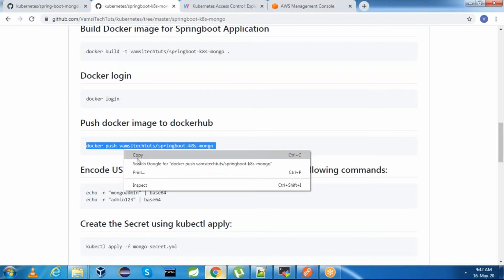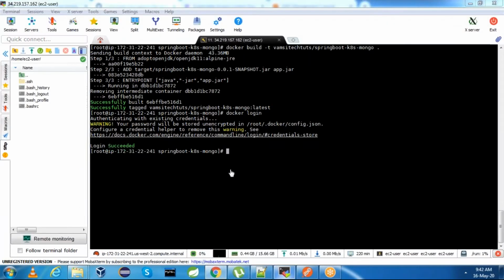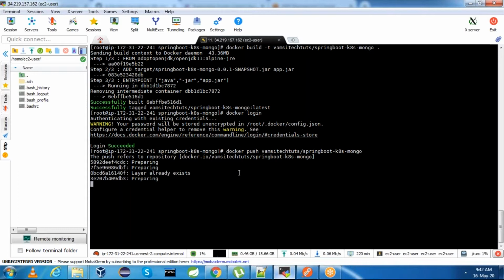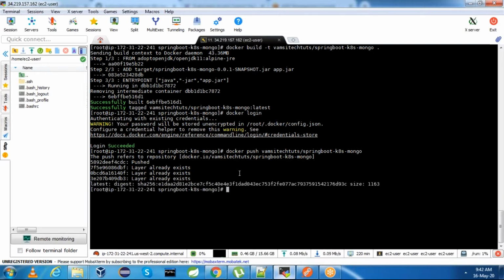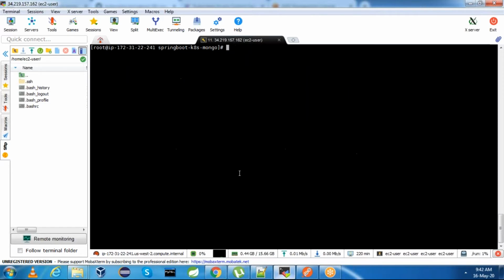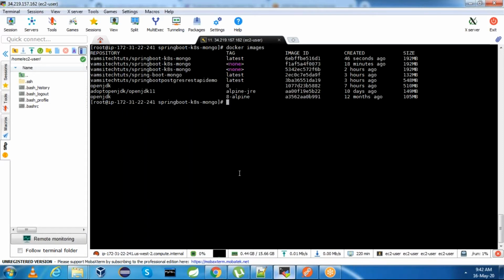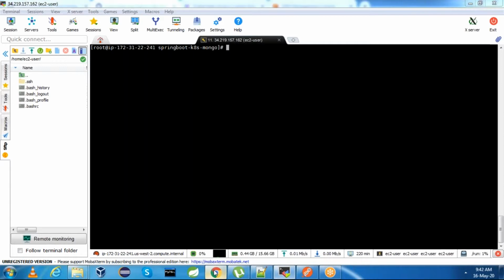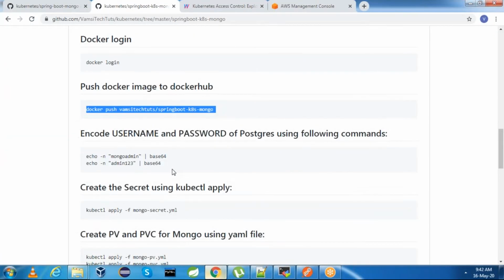And next, push the Docker image to Docker Hub. Okay. Docker image is pushed.